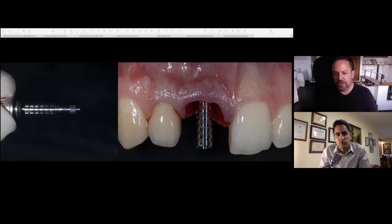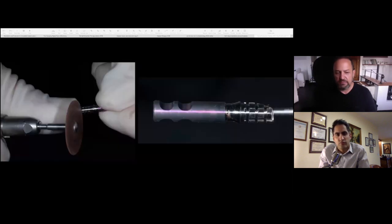Fabrication of the temporary, there are many different ways, and I'll just show you my way for interest's sake. So here we take a temporary abutment. I prefer titanium. I don't like the PEEK abutments because I find it's very difficult for the composite to bond to it. We're going to use the patient's own tooth, and we're going to retrofit the patient's own tooth. So here we put it in, we cut it down using a tungsten carbide. I can't remember what these are called, but these Joe Dandy drills. We cut them down. We create an abutment on there, and then from there on out, we then put it